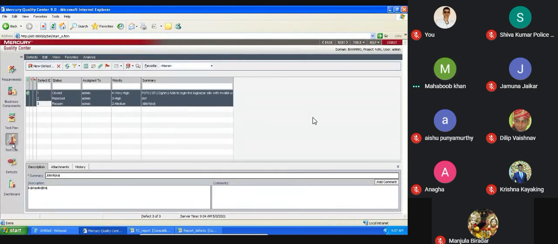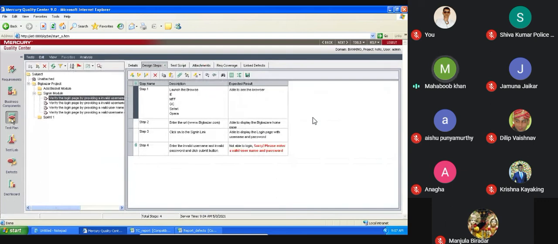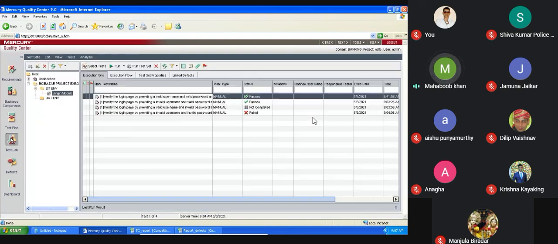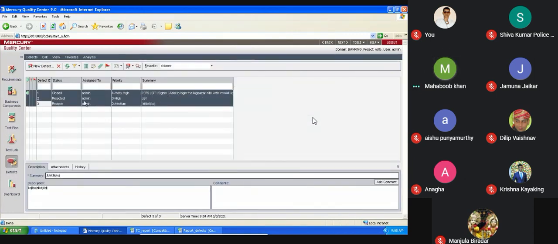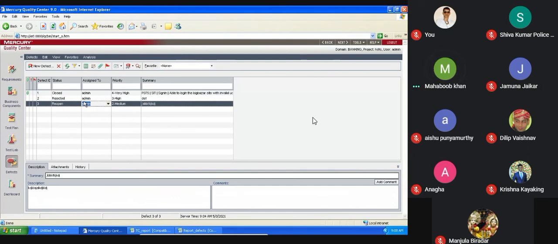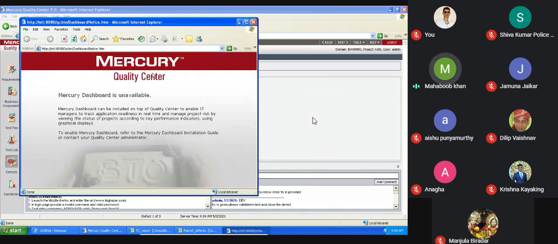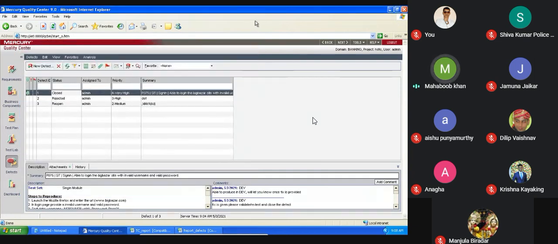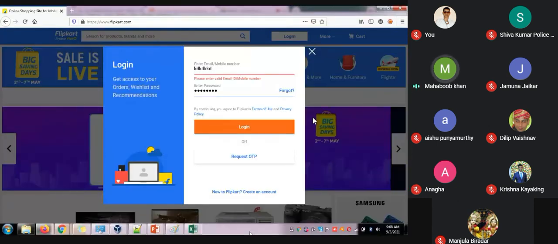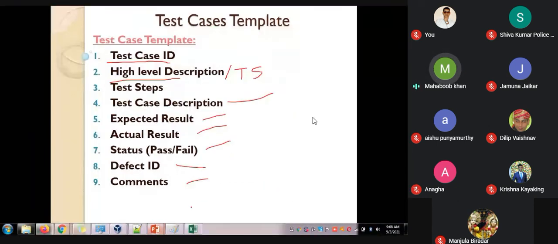Any questions, guys? Any questions on how you will be writing the test cases, executing the test cases, doing the defect life cycle, how you can show each and every life cycle, and not only that, how you can create report-kind dashboards. Someone doesn't have access to the dashboard, so it is unavailable, and that is the reason I can't show it. But instead, you can get the report by means of test lab, test plan and defects. Now we completed the test lab kind of stuff in Quality Center. Any questions?